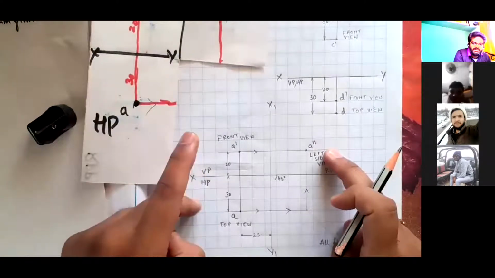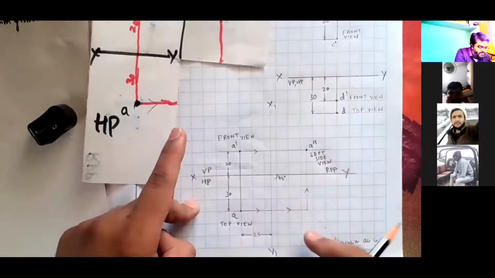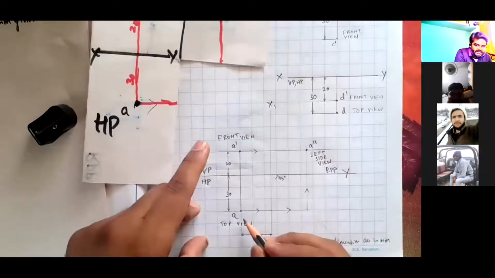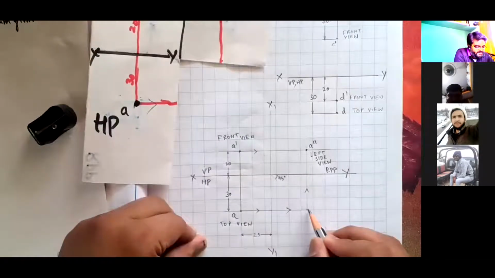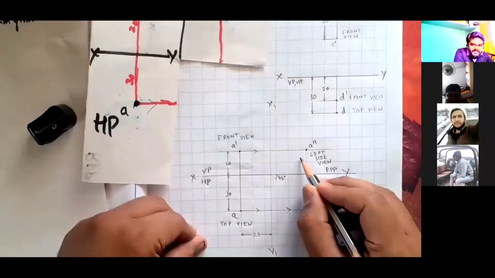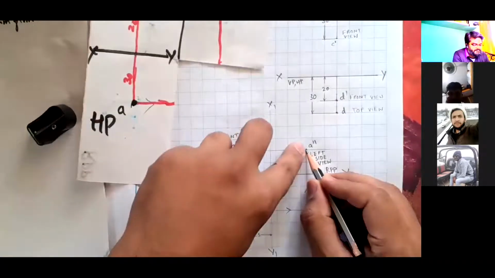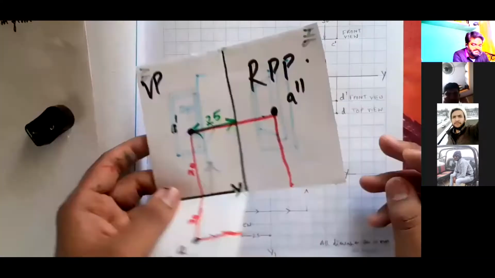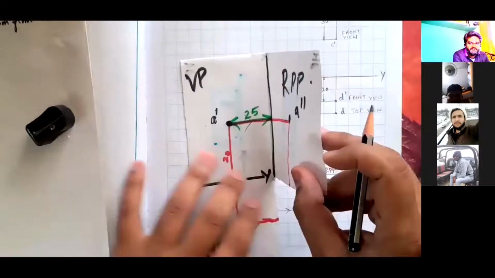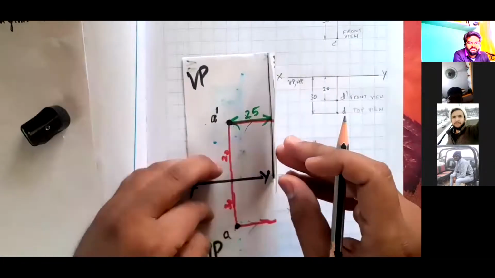Where there is no plane of projection, I am drawing a 45-degree line. From the top view, I am drawing a line till it meets the 45-degree line. From here, I am extending it further towards the top, where the front view of A comes and meets. This is the location of the side view, that is A double dash. See, front view, just opening it like this. See here, front view is over, top view is over, and then the side view A double dash, I have got it here.